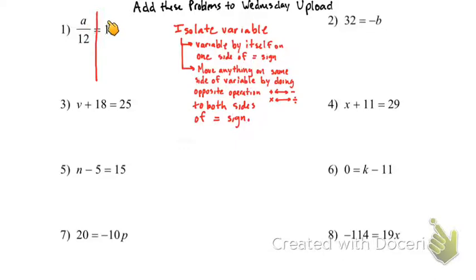Right now, I don't care about the 13. The only number I really care about is the number with my variable. So I need to get 12 to go away. In order to do that, I have to answer a very simple question. What operation is 12 doing? Is it adding, subtracting, multiplying, dividing? If you look, this fraction bar here means that 12 is dividing. We now know 12 is dividing. So to get rid of it, to make it disappear, we do the opposite of division. The opposite of division is multiplication. So we're going to multiply